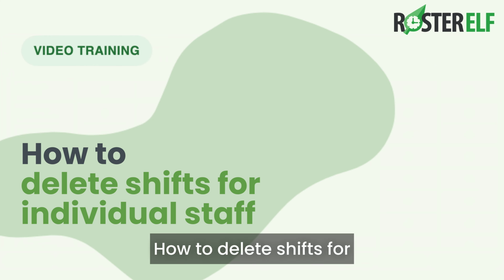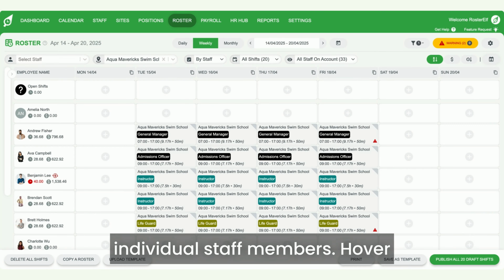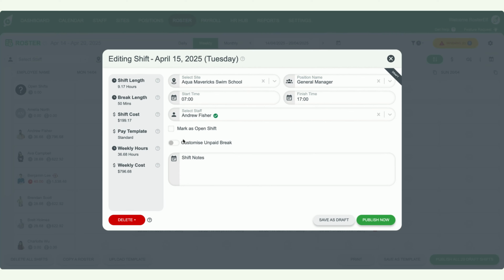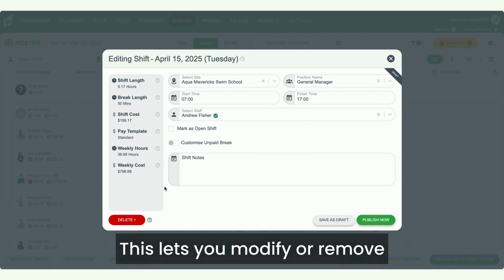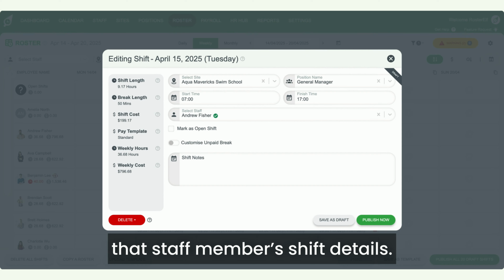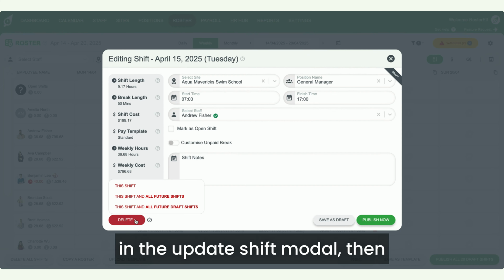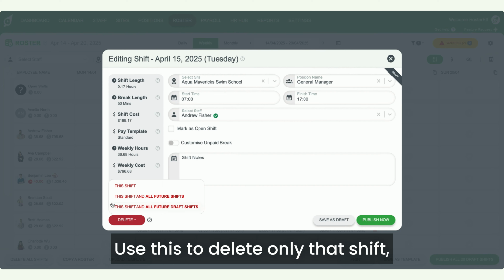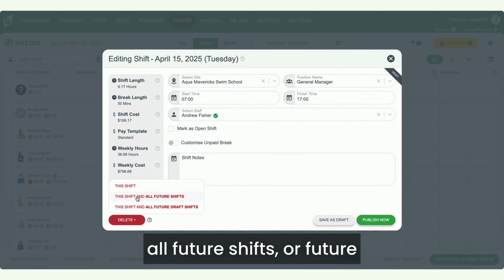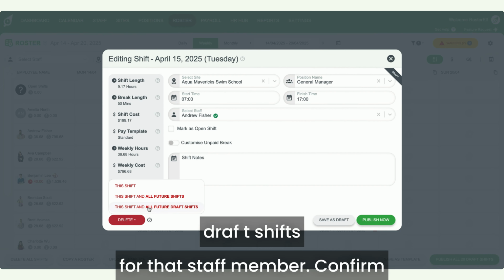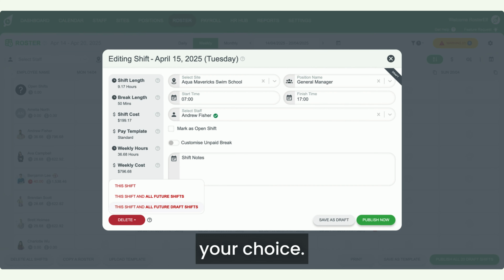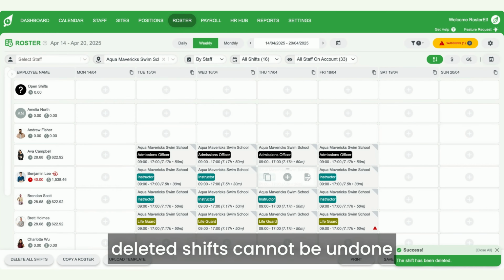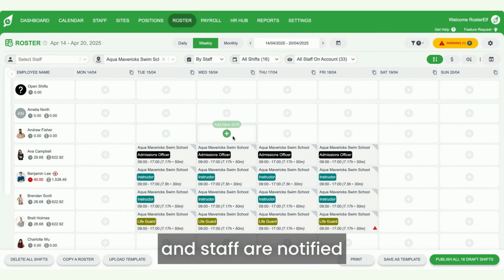How to delete shifts for individual staff members. Hover over the shift you want to remove and select Edit Shift. This lets you modify or remove that staff member's shift details. Click Delete in the Update Shift modal, then choose one of the three options. Use this to delete only that shift, all future shifts, or future draft shifts for that staff member. Confirm your choice. Make sure to double-check, as deleted shifts cannot be undone and staff are notified if the shift